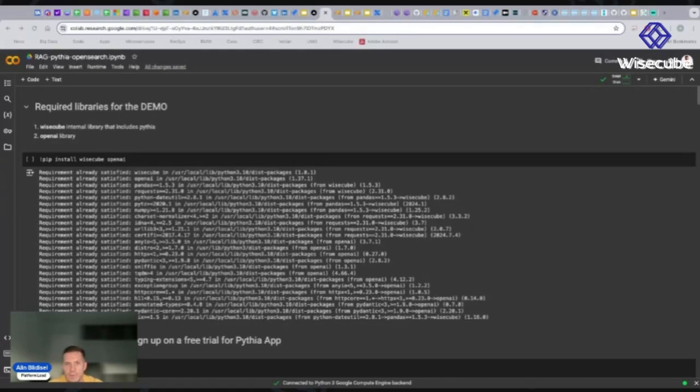So basically, we have engineered the integration in 3 distinct ways, and this is one of the ways that we have done it, by using the Python SDK library that we offer through the WiseCube platform. So it's a direct integration. Pythia is integrated directly with our core service, allowing users to benefit from hallucination detection seamlessly